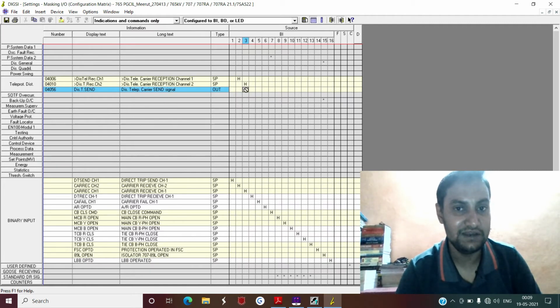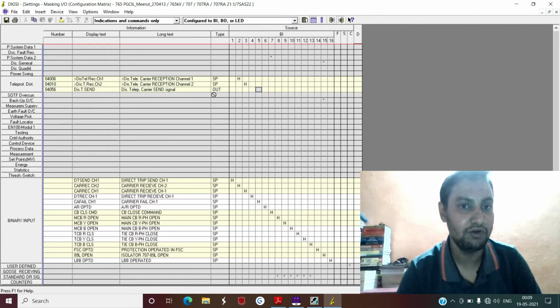This is the best feature of DIGSI software along with the 7SA522 or any Siemens numerical relay: for a signal which you cannot configure as input or output, just click over there and it will not allow you to configure.